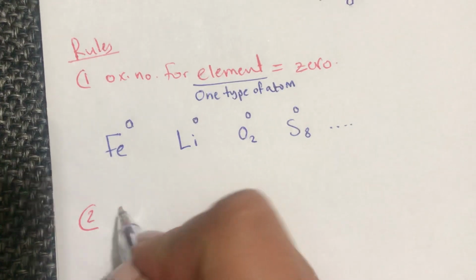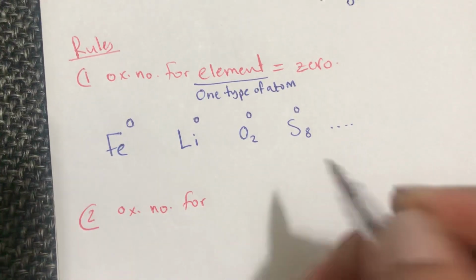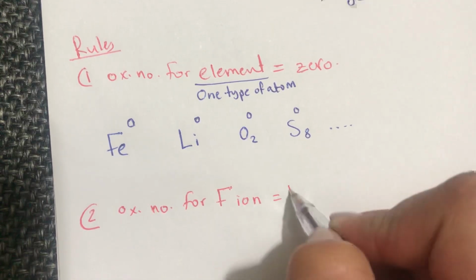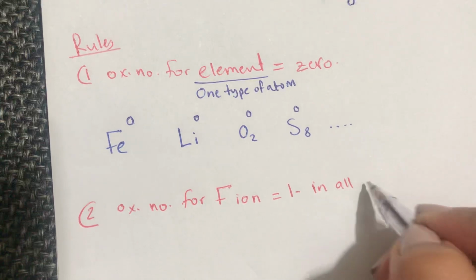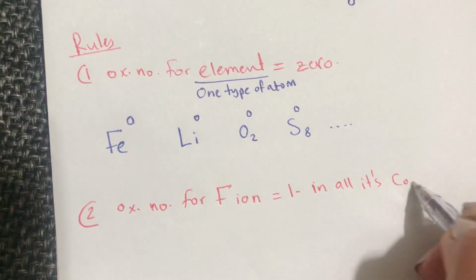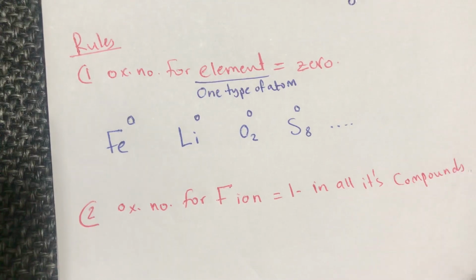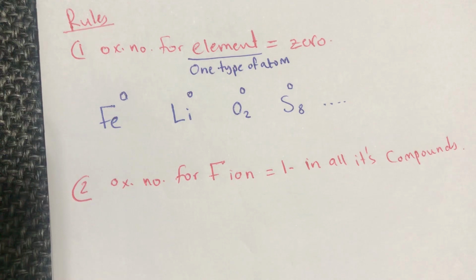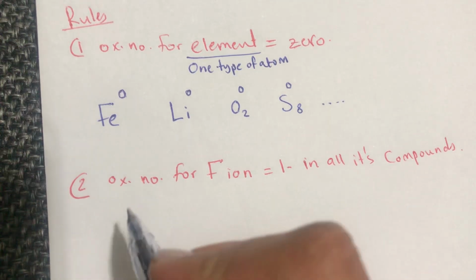Rule number 2. The oxidation number for fluorine ion equals -1 in all its compounds. So if you have fluorine ion in any compound, the oxidation number is -1. For example,